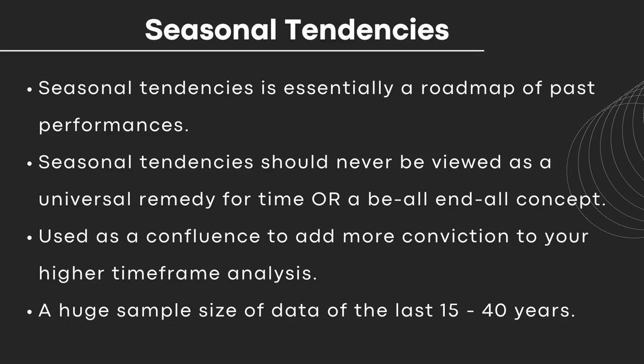But with the help of historical data, we've seen from time to time that these concepts that ICT has introduced, like market profiles, daily ranges, and key levels, right, when they're combined with each other in a proper way, it can help and assist us in finding high probability conditions where we can accurately and precisely predict and anticipate price action with a great deal of confidence and accuracy, right? We've come to those conclusions based on the data that we've collected and based on what price has done in the past, right? And in the same way we've got this concept called seasonal tendencies,